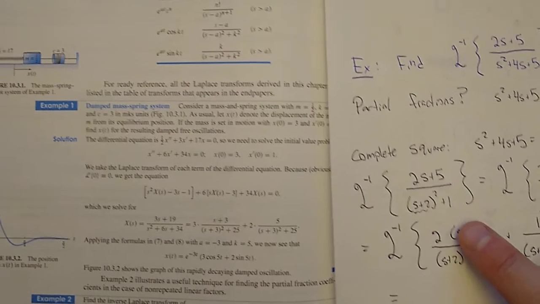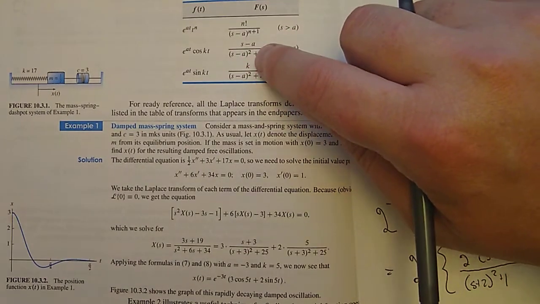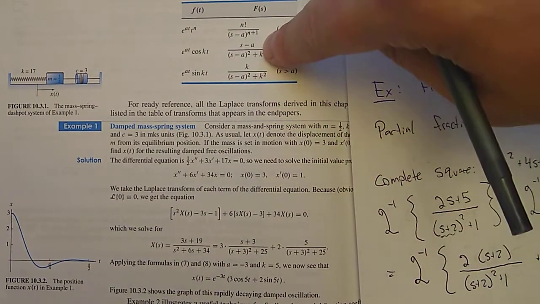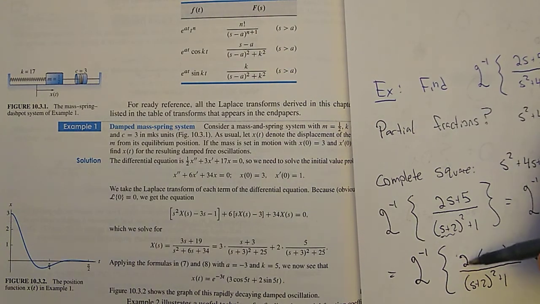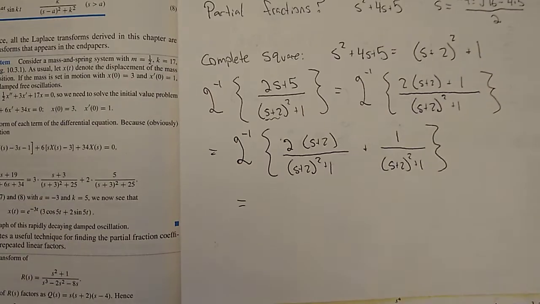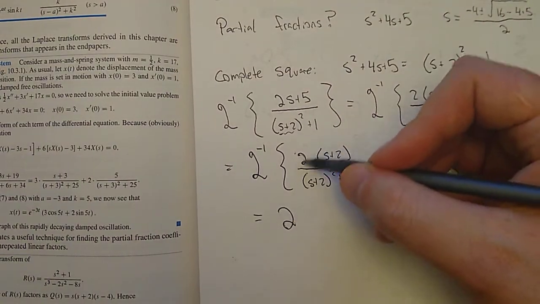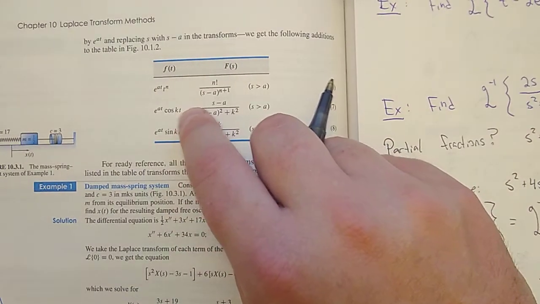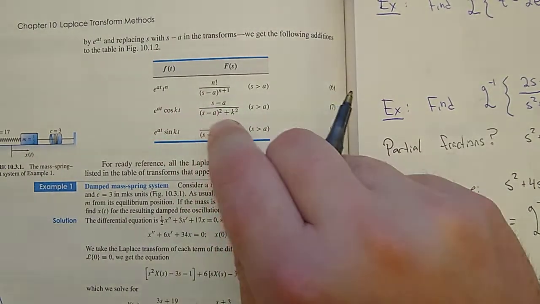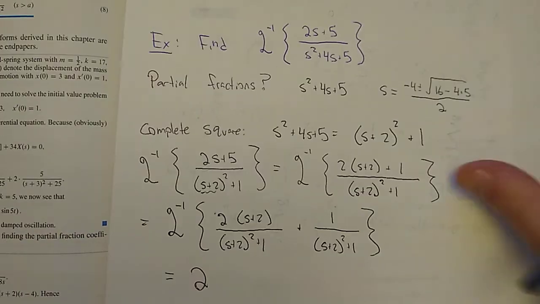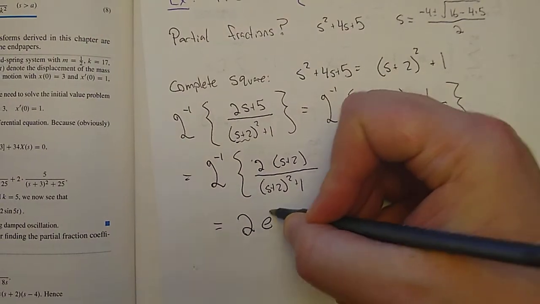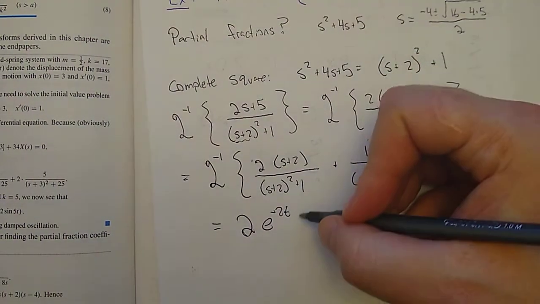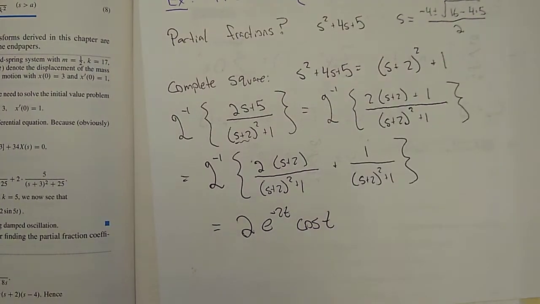This is like this one, where a is -2, and this 2 is just extra, so that 2 will just carry right down. So I am going to have a 2 from this 2, and then it's e to the at cosine kt. So a is -2, k is 1. So e to the -2t cosine 1t